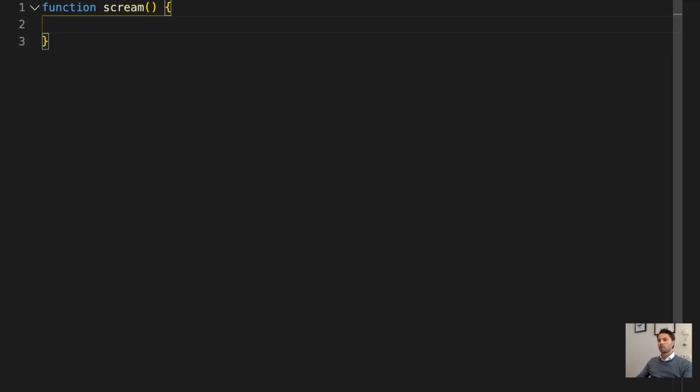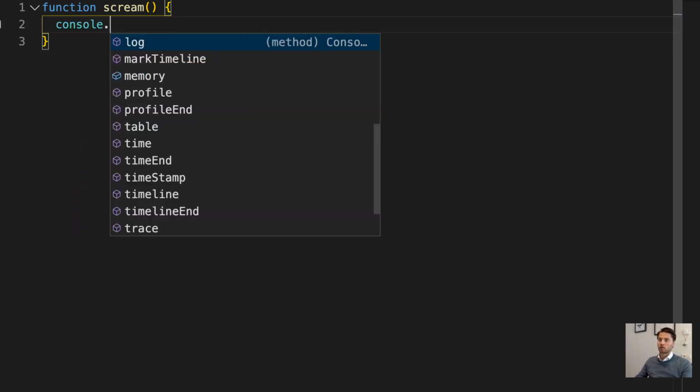Between the curly braces is called the function body. And here you can put any code you want. In this case, I want to put something to the console. So I'm going to say console.log